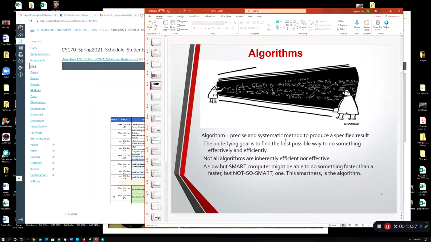And I mentioned last week also that's different from a program. A program implements the algorithm. I can describe it and say, okay, these are the steps to achieve a certain outcome, but it doesn't speak to the actual implementation of it. And so a computer program would be an implementation of an algorithm, okay?